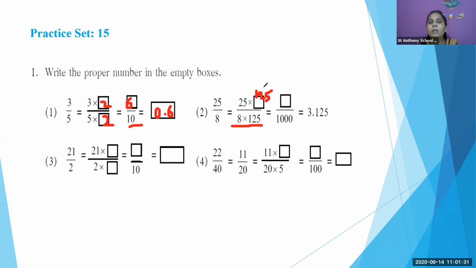Right? Now 25 into 125. Now multiply 25 into 125. What will be the answer? 3, 1, 2, 5. If you multiply,